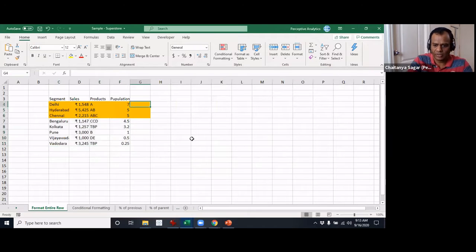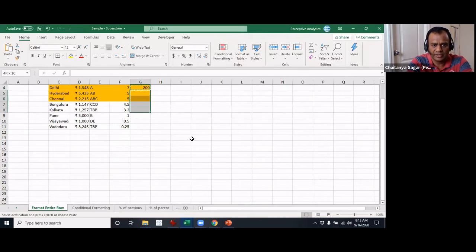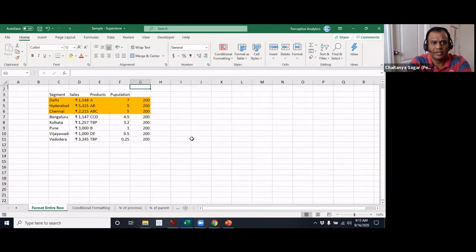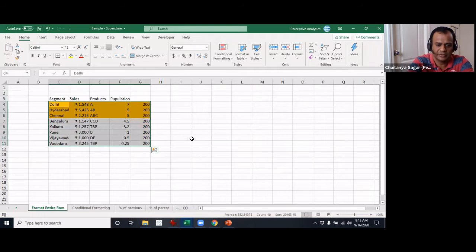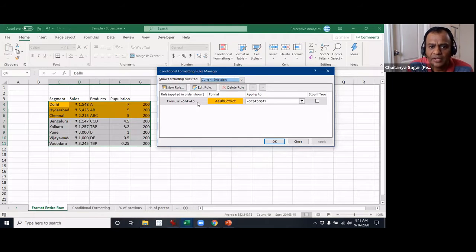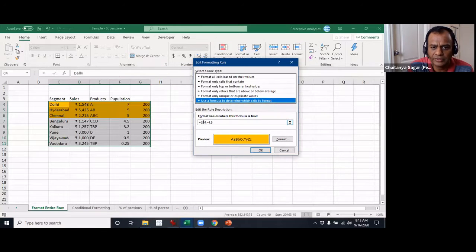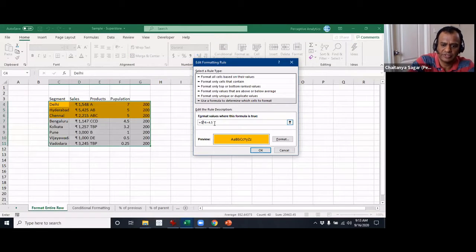So now let's say 200. Also, let me look at this. Not greater than 4.5. What you have to do is not F but G. This is where we had changed it.